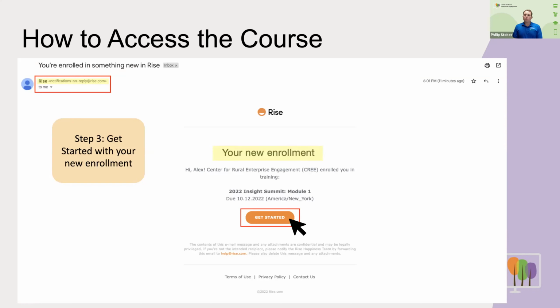In order for us to put the module into your account, into your learning database, you have to do those steps. Once you're in, we'll add the module to your database. Then you'll get another email that will look like this, 2022 Insight Summit Module 1, and you can just hit get started.